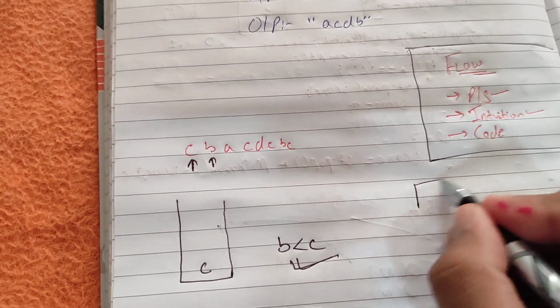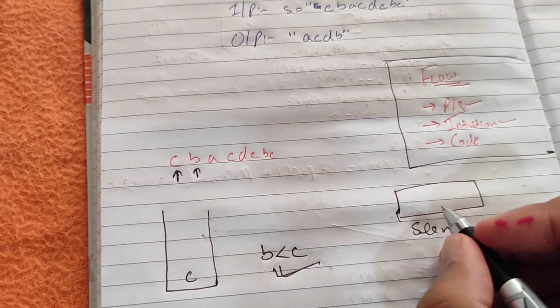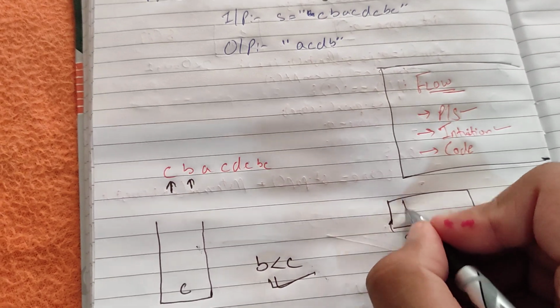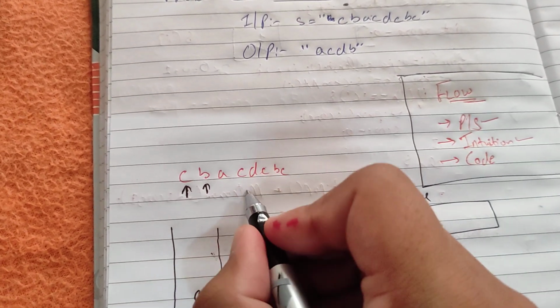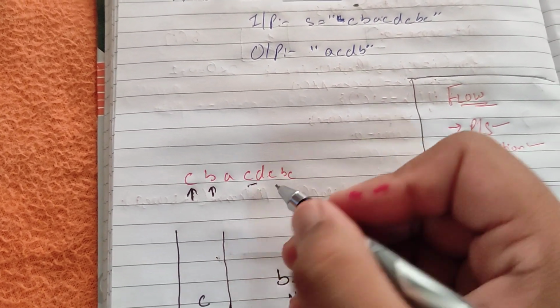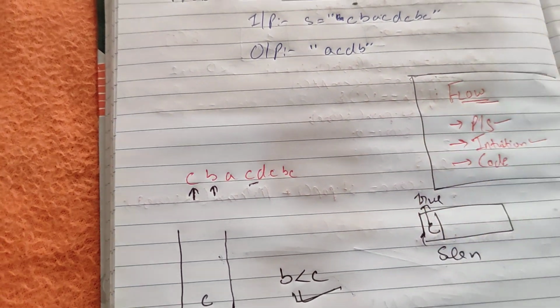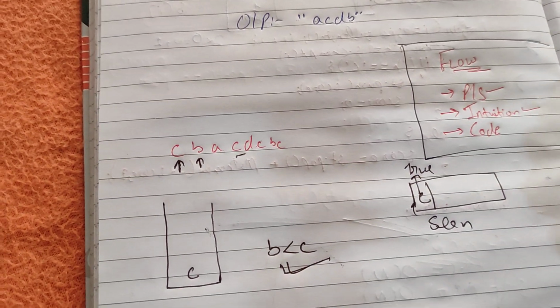Let me create one boolean array as well. My boolean array will help like this: when we visit C, I mark C as true. So if in this example I again find C, I will say just continue, because I have already marked it, I have already visited you, so I don't want you again.